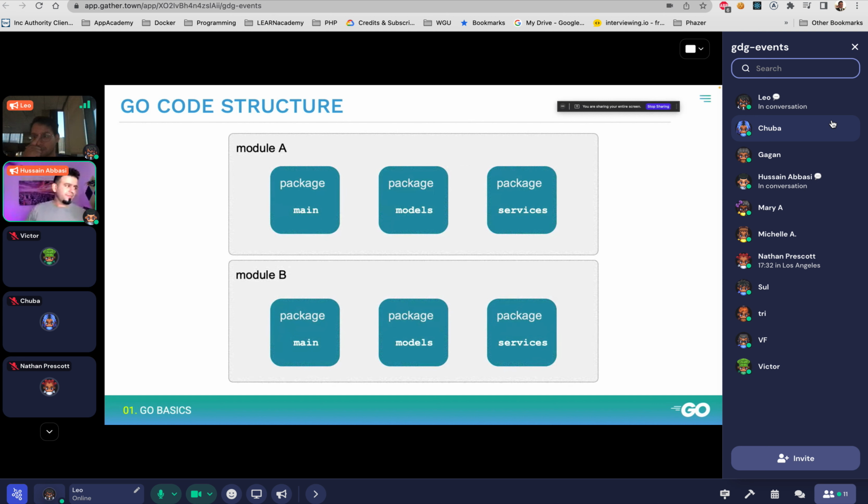Code structures. So Go has this concept of modules, and modules have packages. And if you remember when I was talking about exporting something out of a package versus scoping within the package, this is what I was talking about. So imagine if you have a package called models, and then you have a model inside it called person. If that person is with a lowercase p, it will not be visible to anyone else. So if you type models dot, it will not show up. But if you want to export that, you will say capital P Person, so it will show up here. So we can have multiple modules in our code, and modules can have multiple packages, and then they can interact accordingly.